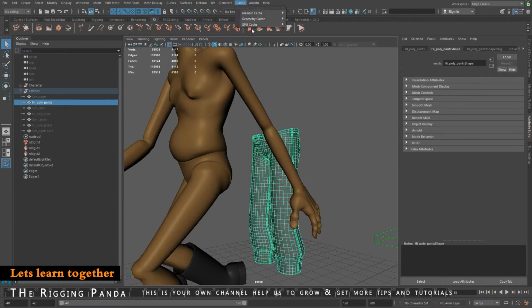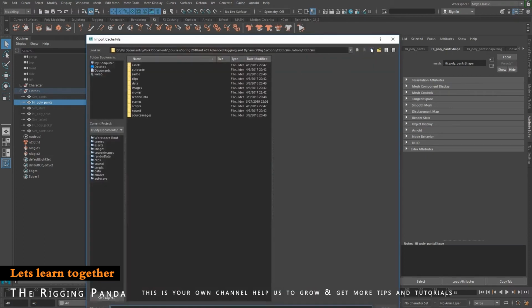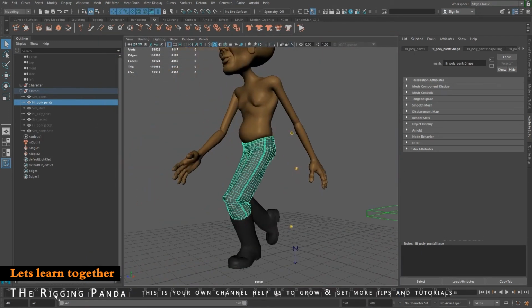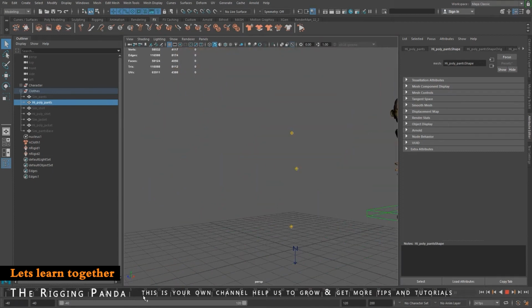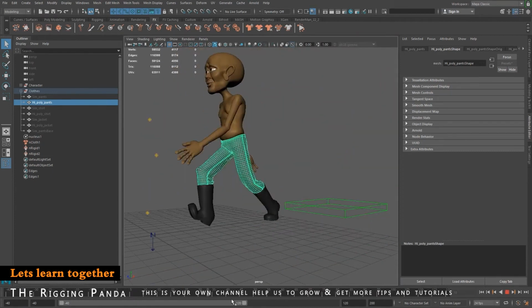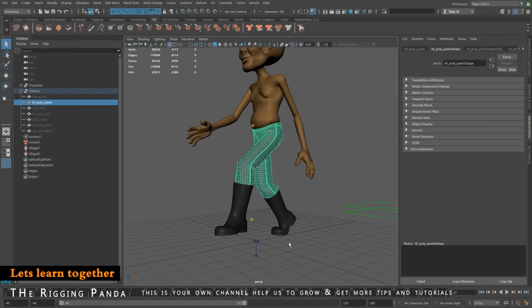So go to cache, geometry cache, go to import cache, and then go find that cache file, which is right here. And as soon as I do that, you'll see that my pants now snap. Now they move, and the wrap deformer is no longer a part of this file anymore. Okay, so the pants are as efficient as they're going to be. They're just reading that data from the